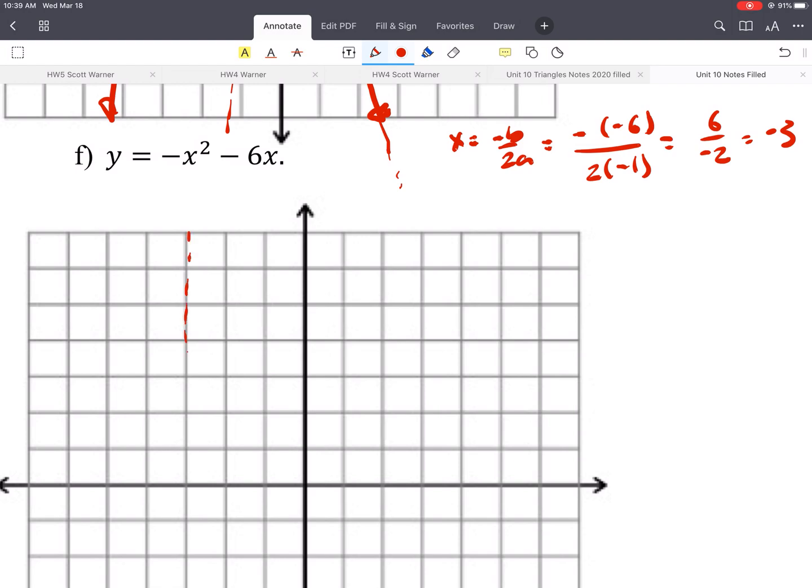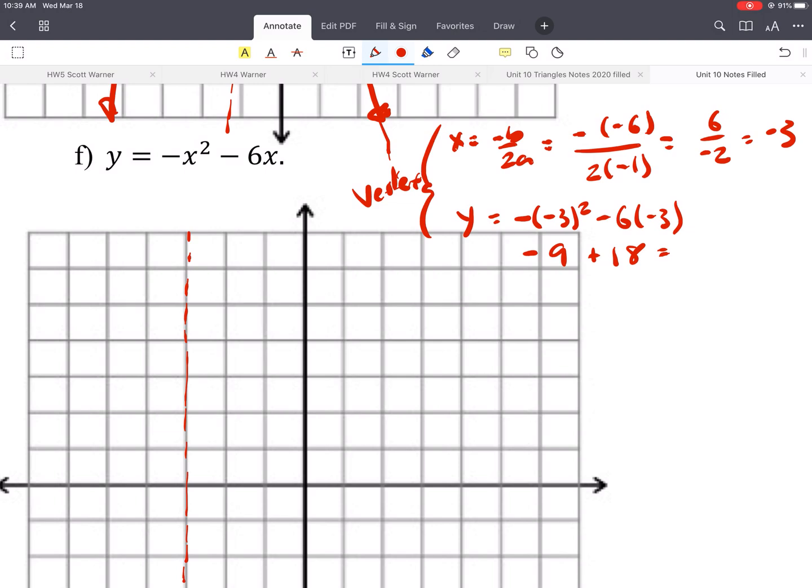So we have our axis of symmetry right here. And the y for the vertex is, we'll do negative times negative 3 squared minus 6 times negative 3. That gives us negative 9 plus 18, which gives you,